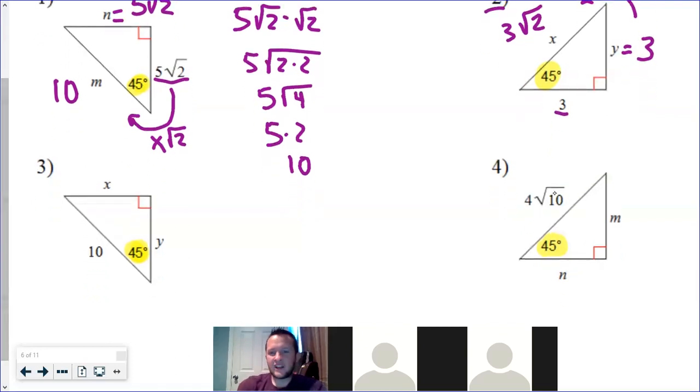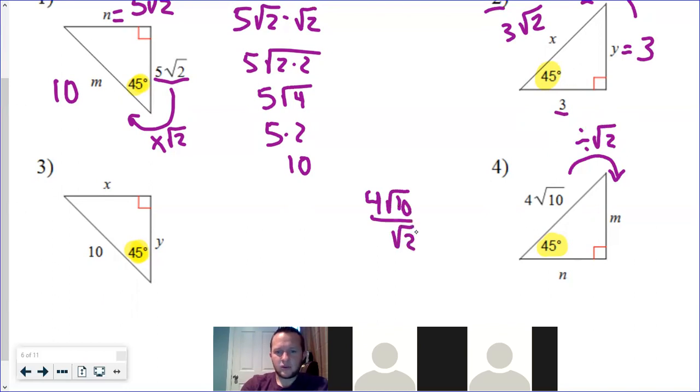So on number 4, it gives us the hypotenuse, and we're trying to work backwards to find the leg. In that case, we're going to do the opposite. Instead of timesing by square root of 2, we're going to divide by the square root of 2. Well, how does that work? Let's look. If I do 4 square roots of 10 and I divide it by the square root of 2,